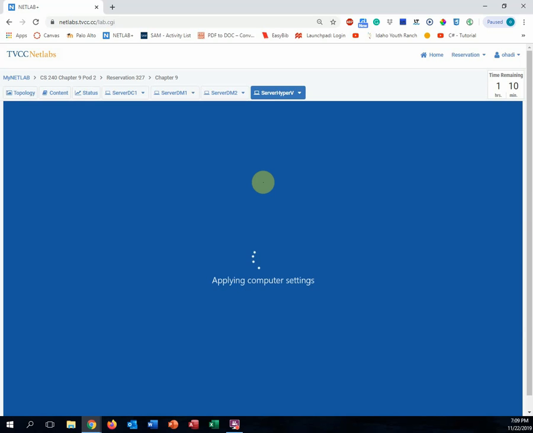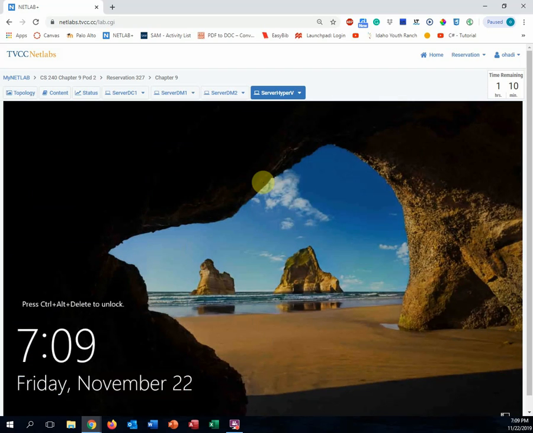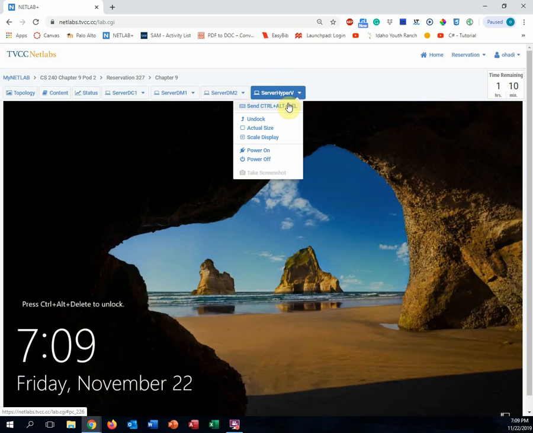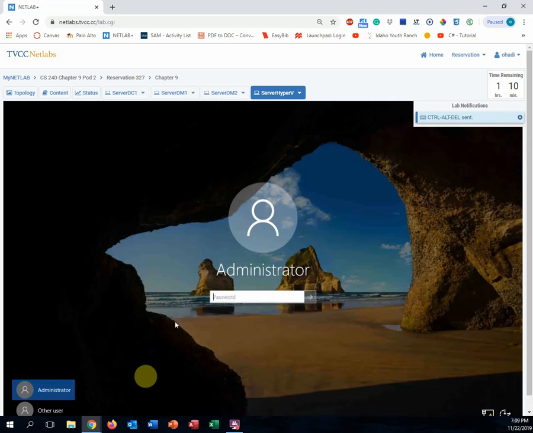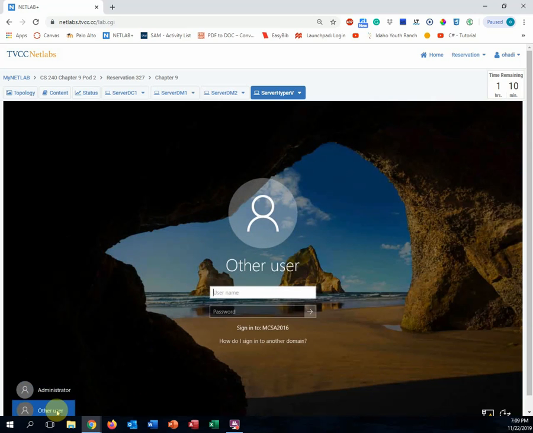So now if you can see, server Hyper-V restarts and is now a member of the domain. So on server Hyper-V, I sign in to the domain as administrator. The way I can do that is to click on other user, then MCSA,